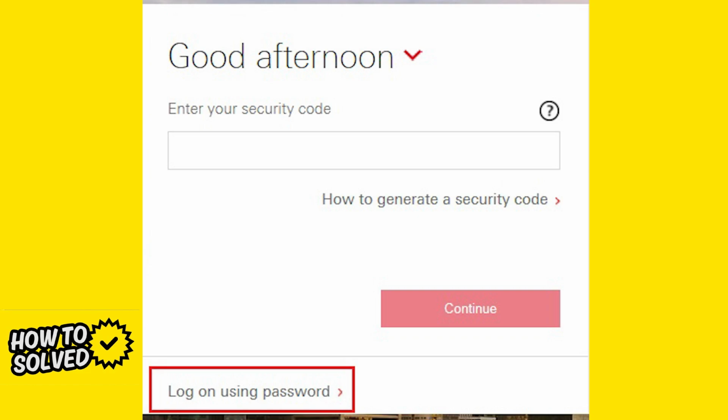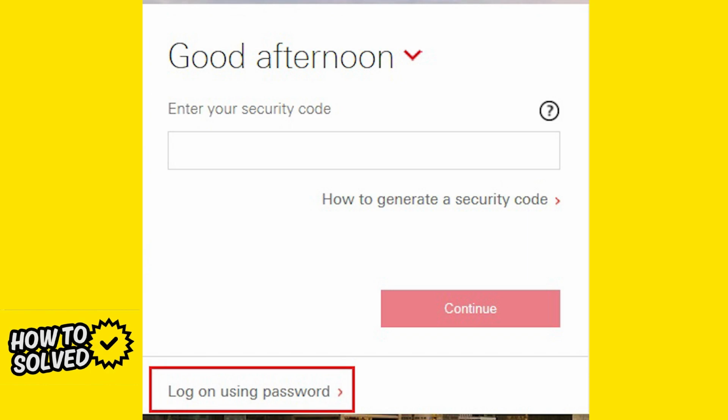For this method, I'm going to teach you how to pay your credit card bill through the online banking for HSBC. Keep in mind that there are various other ways in which you can pay your credit card bill that I'm going to show off at the end of the video. For the method of online banking, what you have to do is go over to the HSBC online banking website